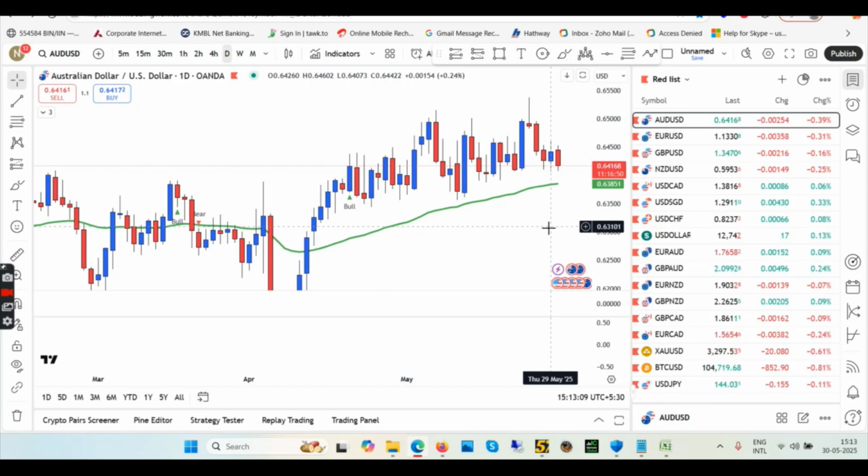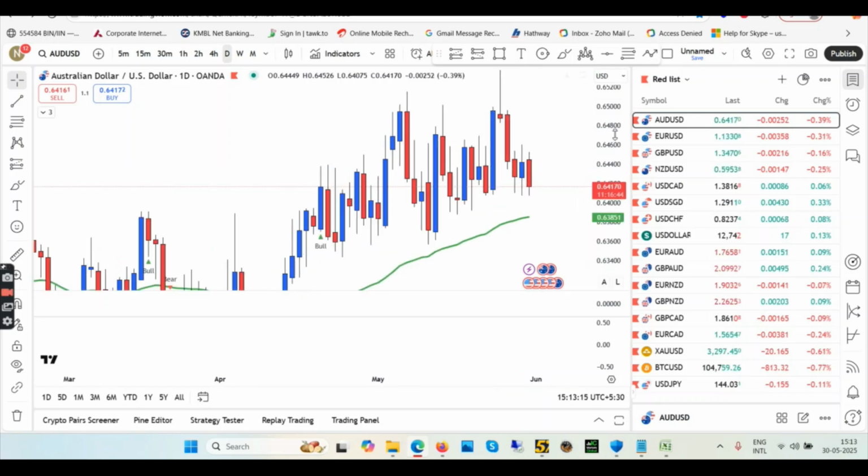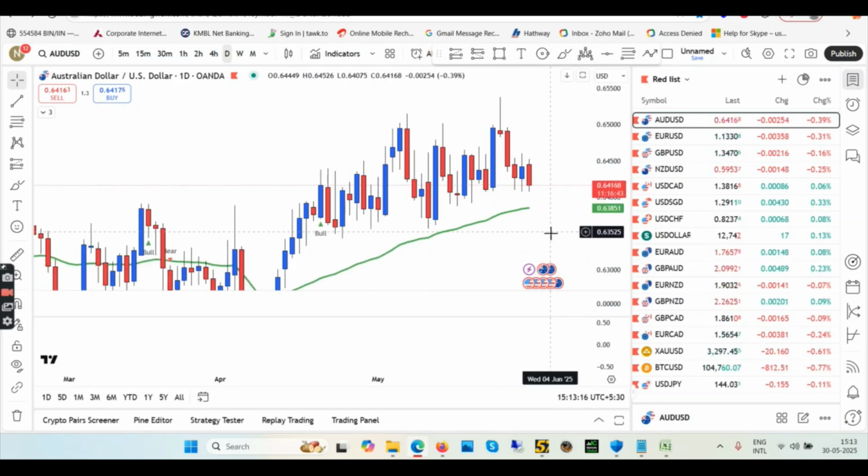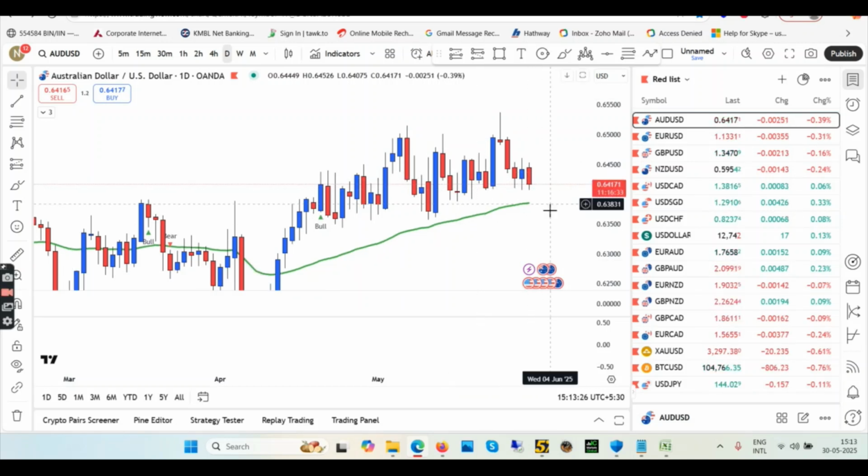Coming back to daily, what do we have here? Now we have to keep an eye. By the end of this Friday, which is today, if this low is broken, then we will go for the downtrend. For now this low is not broken. We have a red candle though, but when the market closes tonight, you have to make sure whether this low is broken or not.